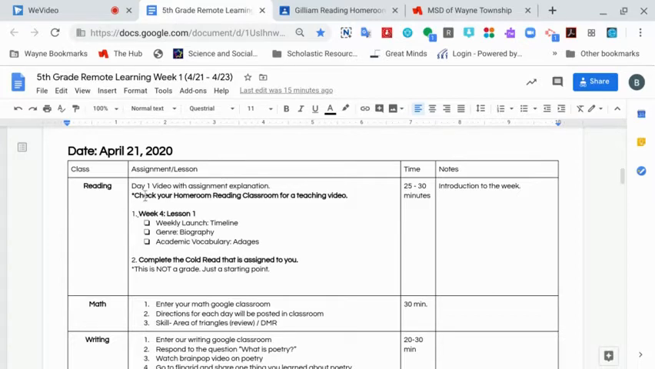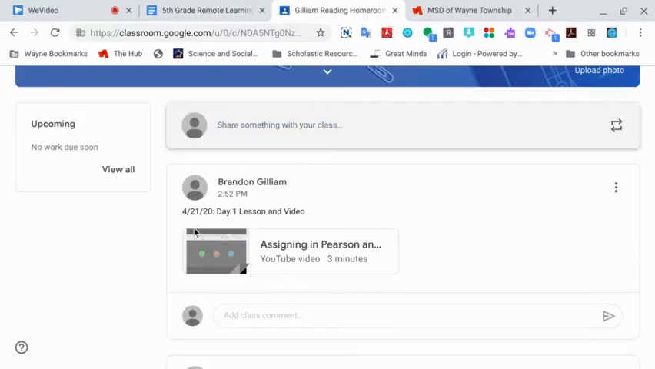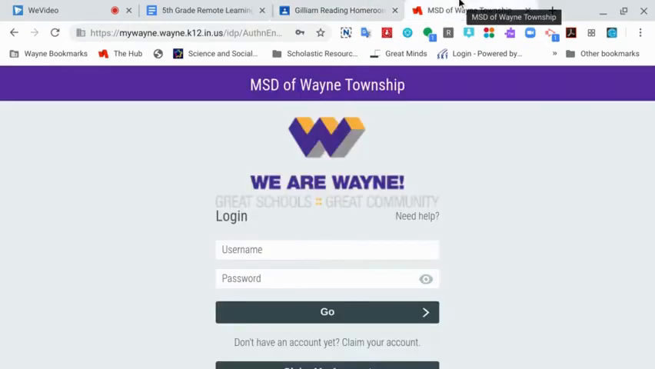You also always want to make sure you check your homeroom reading classroom to see if your teacher has posted a video with a lesson. This is very important because each teacher is going to post a different video based off of your homeroom. And so that's why you want to check here first. Once you check there and watch that video, what you want to do next is you want to go to